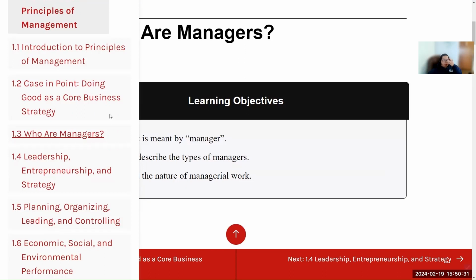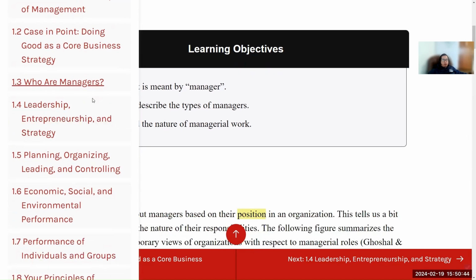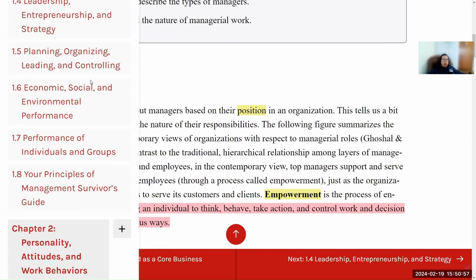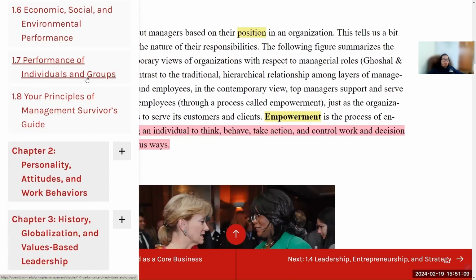And you can see up here, the first chapter always goes through some really logical, personal way of approaching things that we approach with the manager-centric, personal-centric view: who is manager, who is employee, what is organization. It's a classical way, but doesn't mean that it's the only way. So in the first chapter we talk about manager, leadership, entrepreneurship, and strategy, which is some extending viewpoint of management, and planning, organizing, leading, and controlling, which are the four core functions of management. Looking at some context in performance evaluation, which we already went through in another course. Of course, we go through some practical principles.